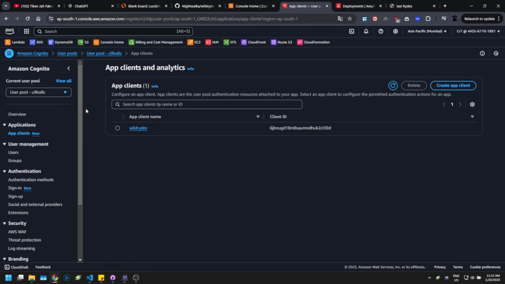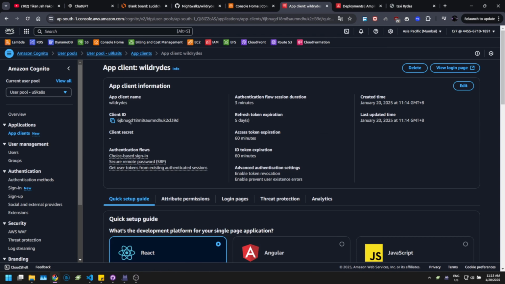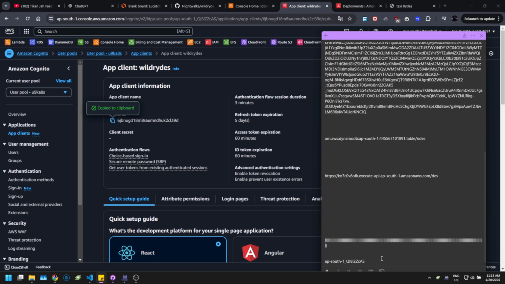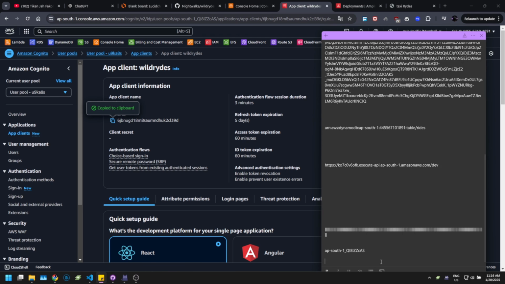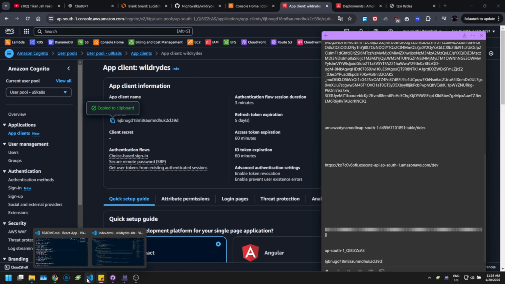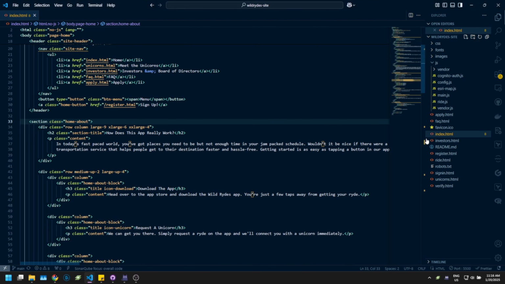So I got the code copied, and you also need to copy the client ID. You get the client ID from apps, then you choose client, and then you copy the client ID. I also copy the client ID on my sticky notes. And now go back to VS Code and go to